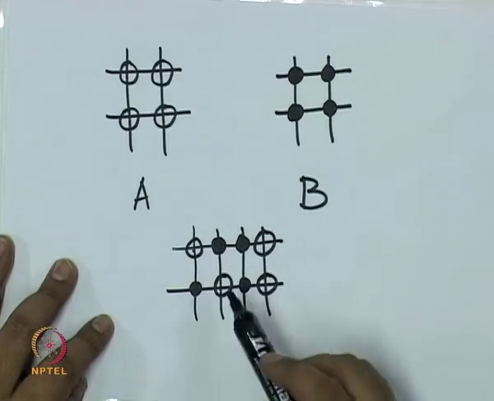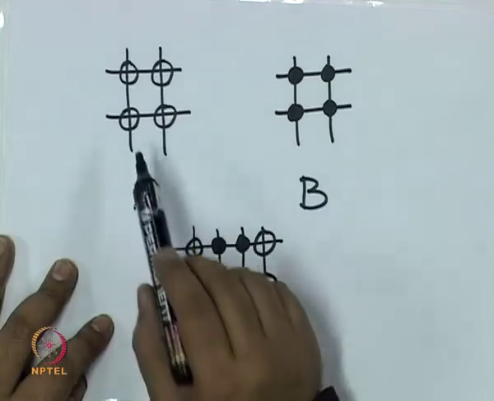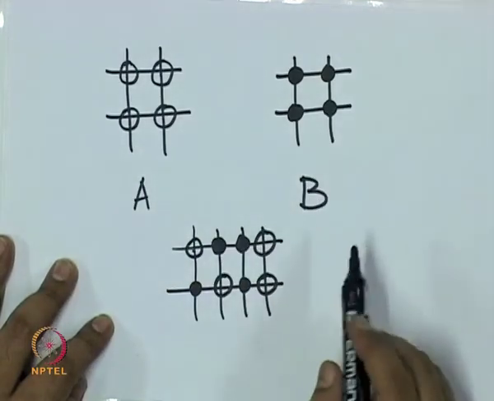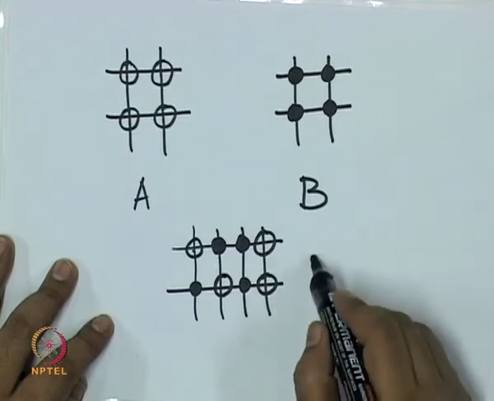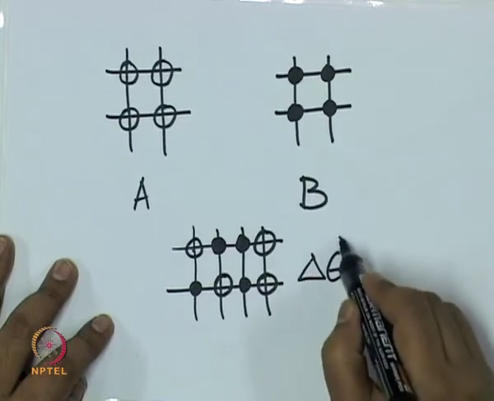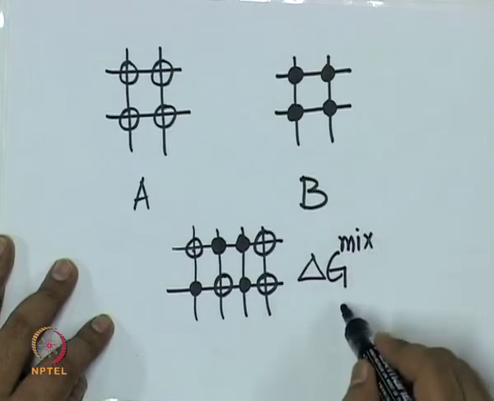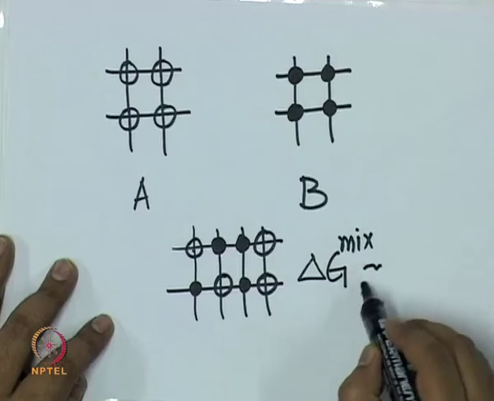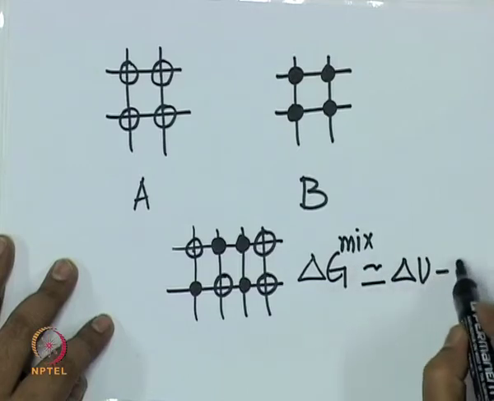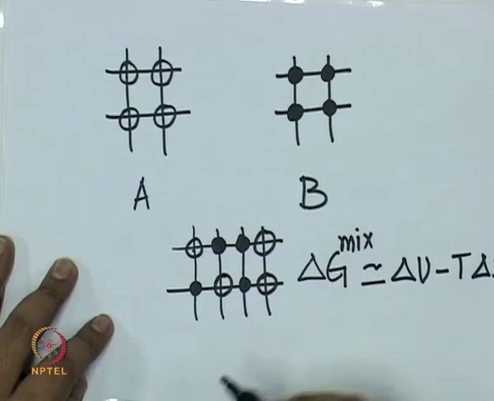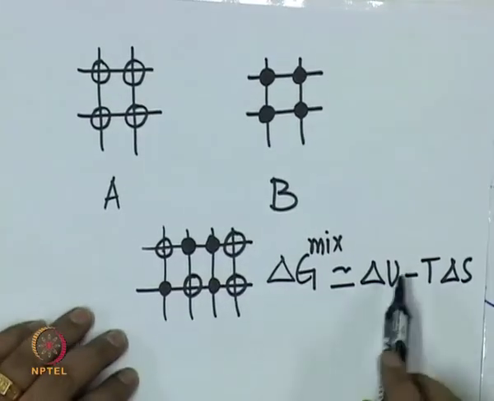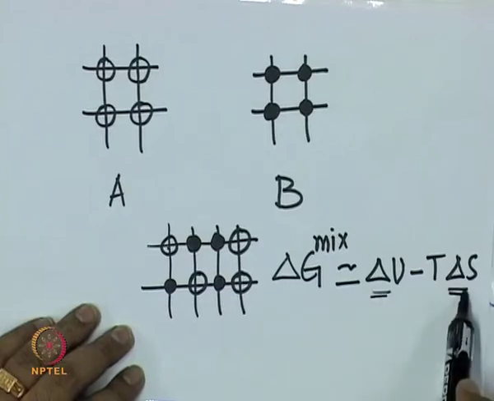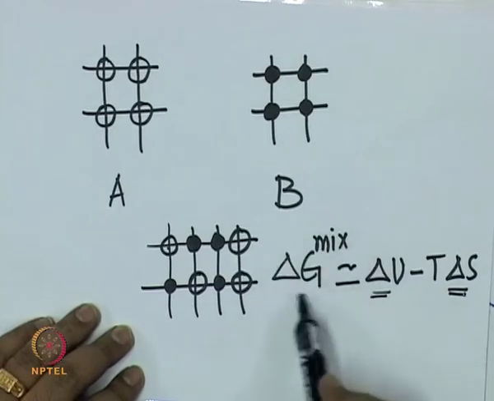Okay. Now, the difference between this free energy and the free energy of these two is what is known as the free energy of mixing. Okay. So, it is called delta G mix. Obviously, because G is U minus T S, this is equal to delta U minus T delta S. So, if we can calculate this delta U and this delta S, then we can estimate how much is the delta G mix,